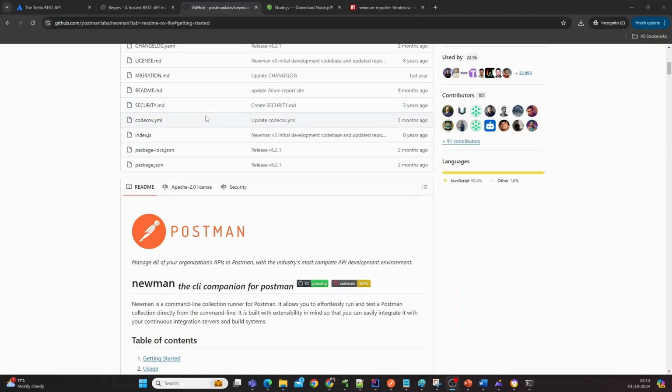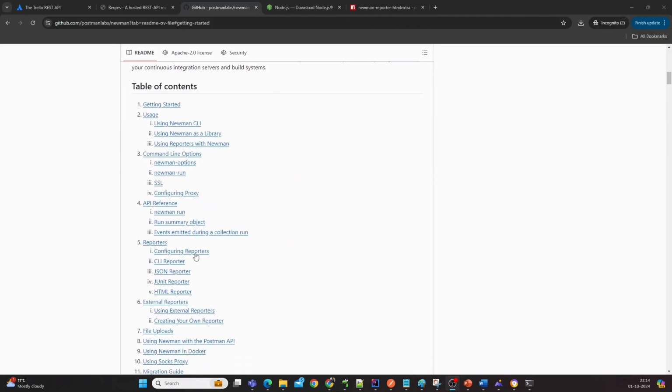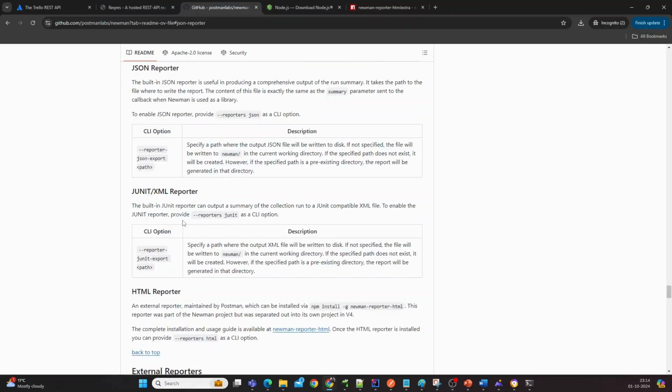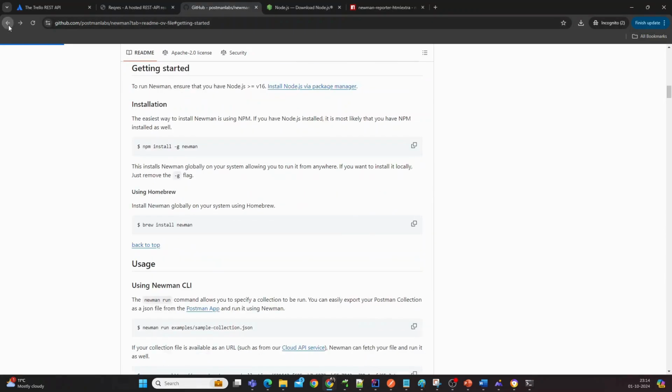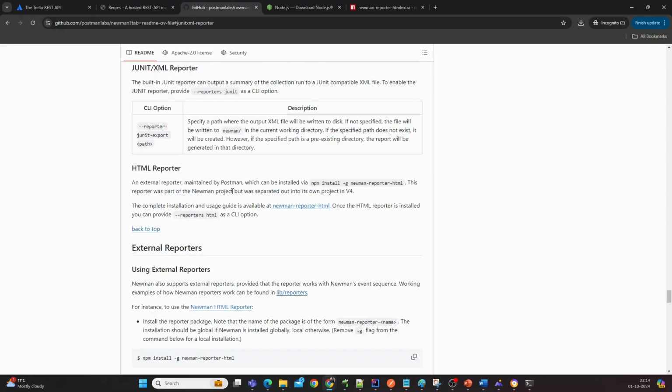You need not install any new package or plugin for that. You can directly go to the reporting section. Sorry, you have to go to the JUnit reporter. The JUnit reporter is a built-in functionality within the Newman package itself, and it generates an